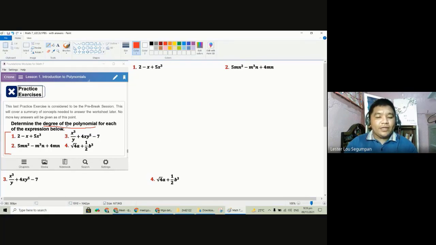To determine whether an algebraic expression is a polynomial or not, we need to understand that the exponents for the literal coefficients should be positive integral. What do you mean positive integral? If they are positive numbers and they are all integers. And if they don't fit that characteristic or criteria, then definitely as a whole,